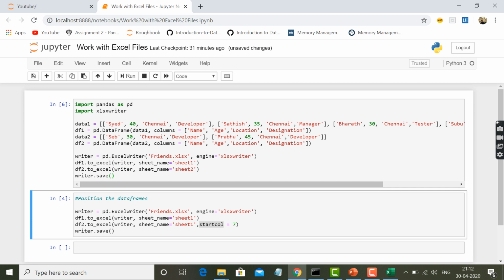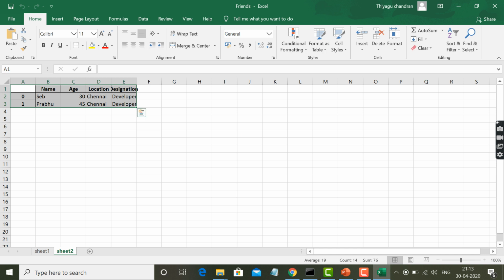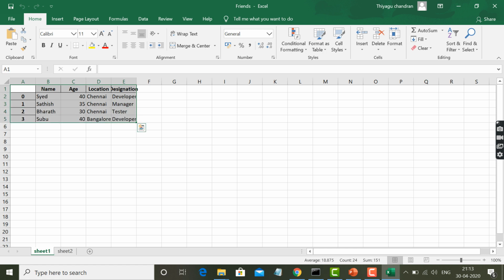But if you want to go to some advanced topics, the next topic we'll see is about positioning the data frame. In a real-time situation, we easily dumped the data into sheet 1 and sheet 2, but the data is very little in sheet 2, and as a user I do not want to navigate to different sheets to view my details. So how about having the same data in my sheet 1? In this situation we can use